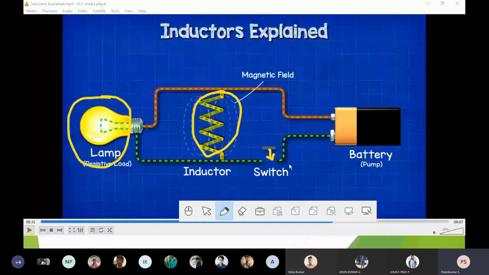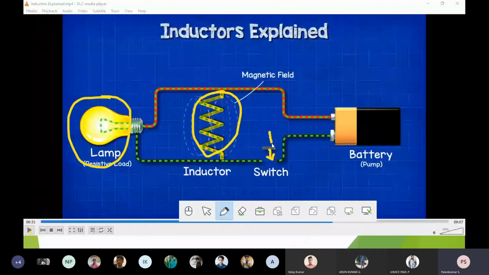It is the same way here. Slowly the current will start to flow through the inductor. Finally, the complete current flow path will be through the inductor. It will bypass the resistor, because the lamp itself has some resistance, and because of that it is burning. Because of I squared R we get the light energy. Here, where energy is stored, it is facilitating the flow of electrons. So all the current will be flowing through this inductor only. Now the energy is stored in the magnetic field.